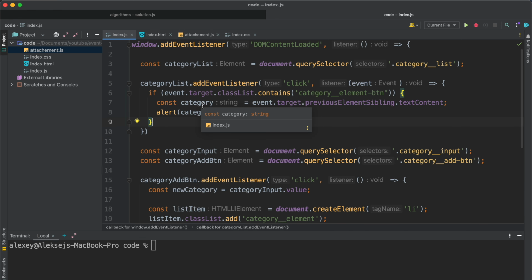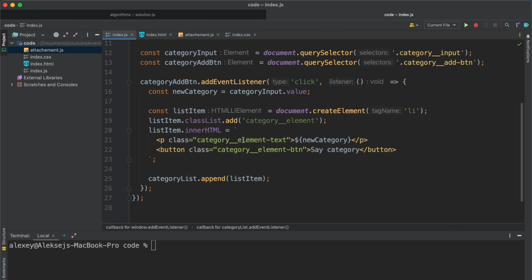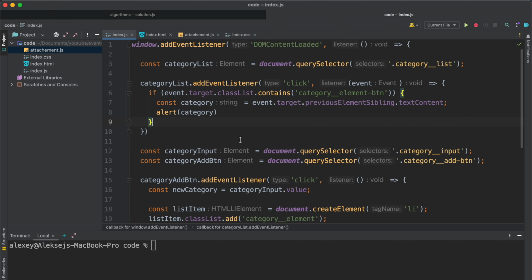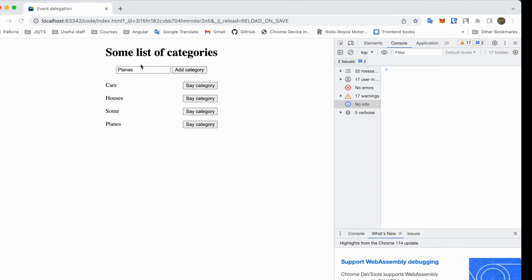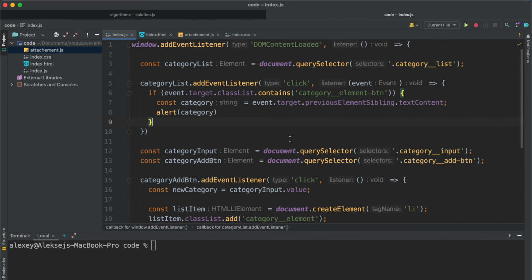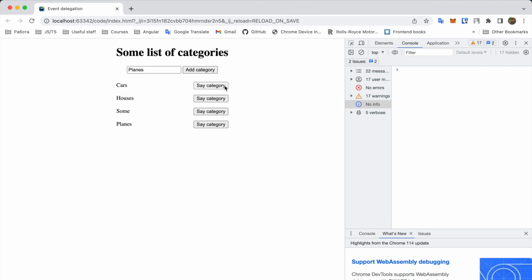So we don't have to set an additional event listener when we are appending items to our list. And it's amazing. It's a technique which you need to implement on a coding interview. Basically, just add an event listener on the parent element and find the correct element using class list or ID or something else, and just alert this